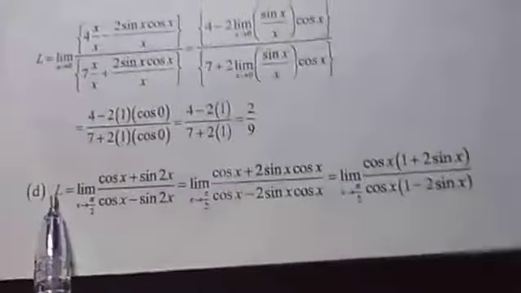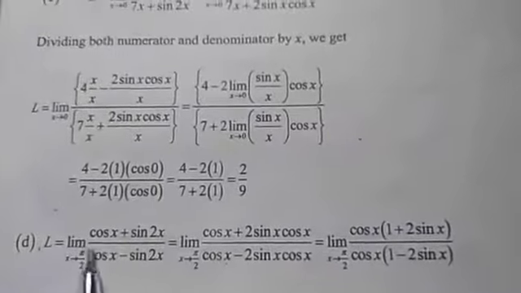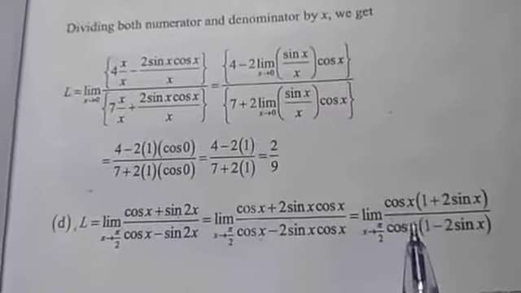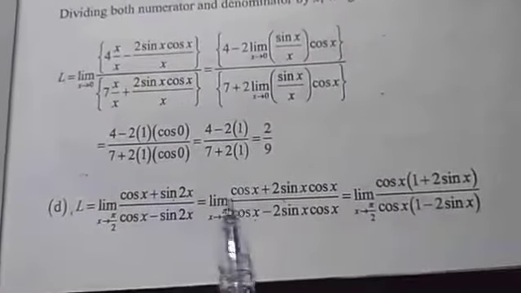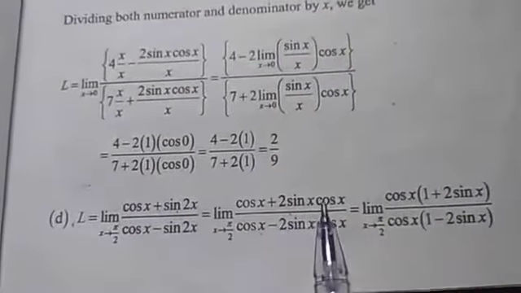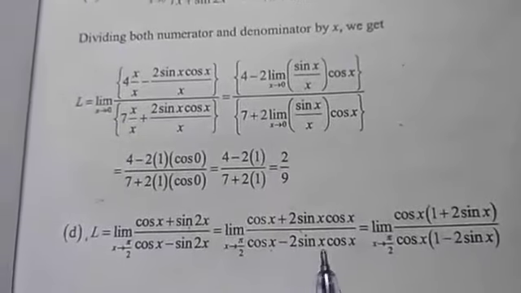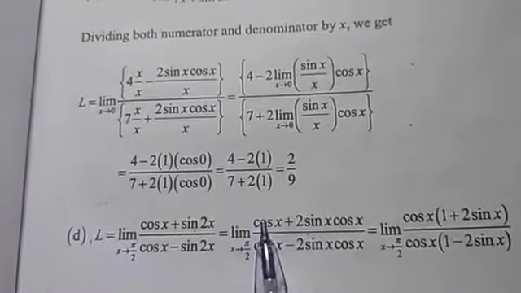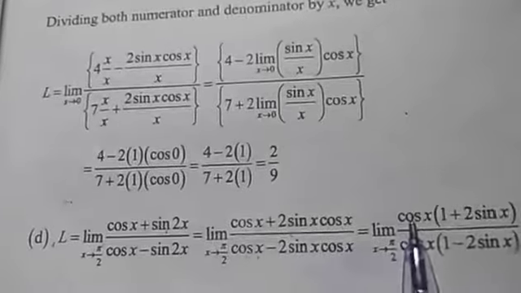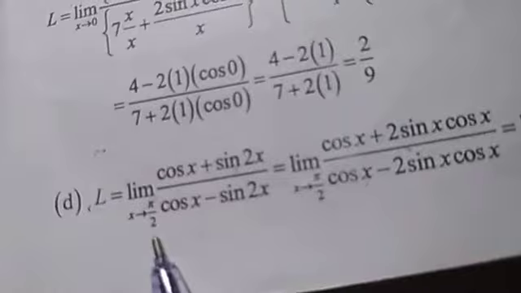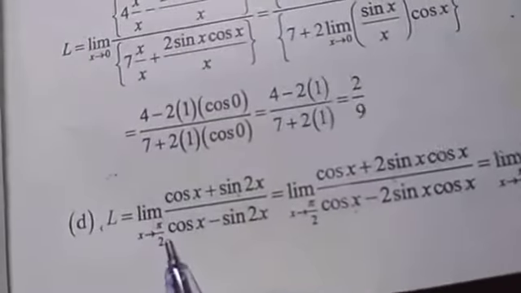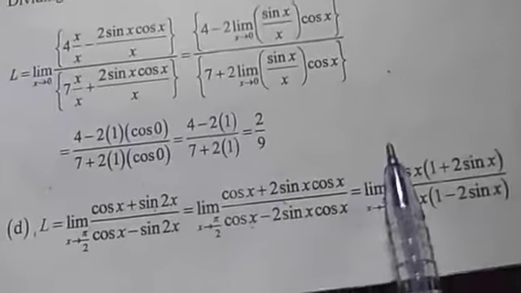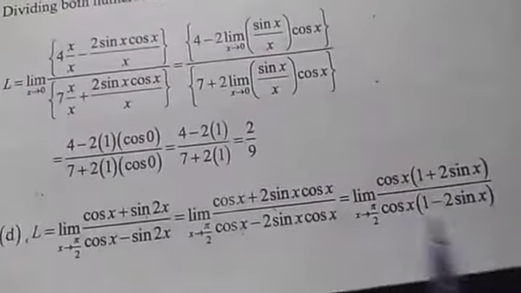Another example here which you can practice. This is another example. Study it and practice it. It's an assignment for you. You use the method I've been using. You can see sine 2x is 2 sine x cos x. You now see that cos x is common. That is why they factorize it. Here it says as x tends to pi over 2. What is pi over 2? Pi over 2 is 90 degrees. Pi is 180 divided by 2, that is 90 in degrees. From this place, cos will cancel cos. It will remain this left.